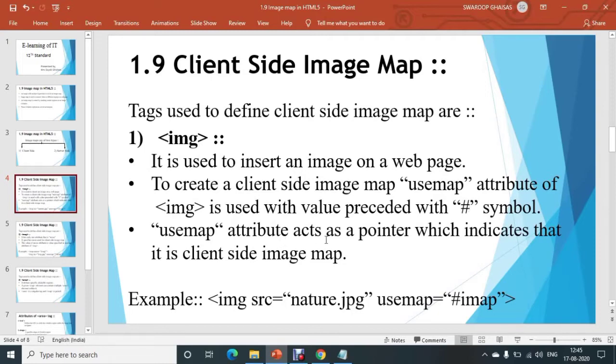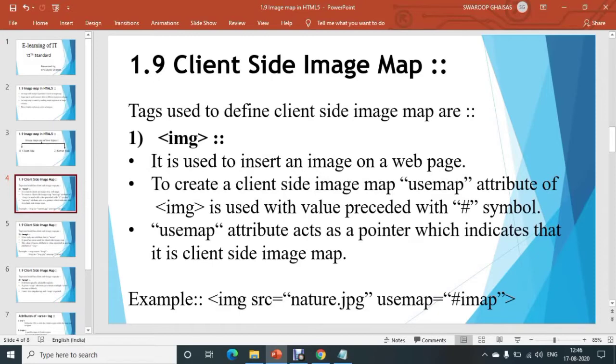So the usemap attribute acts as a pointer which indicates that it is a client side image map.